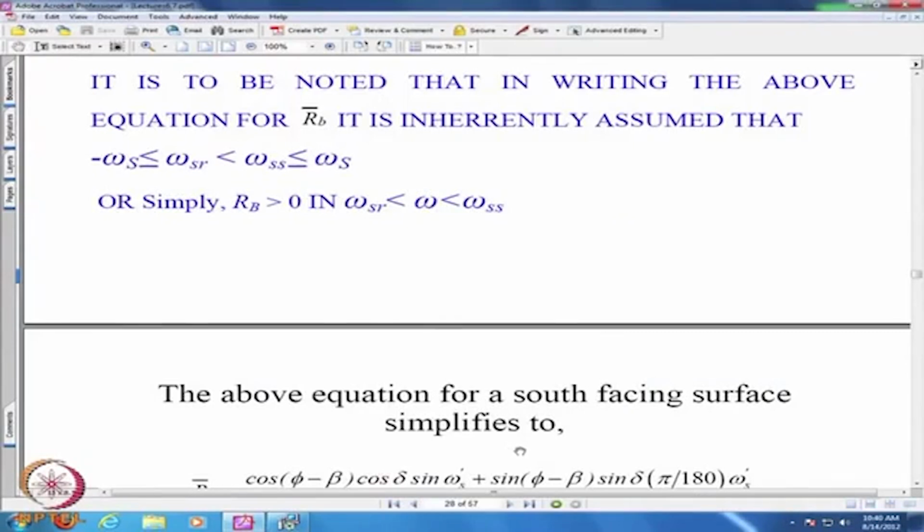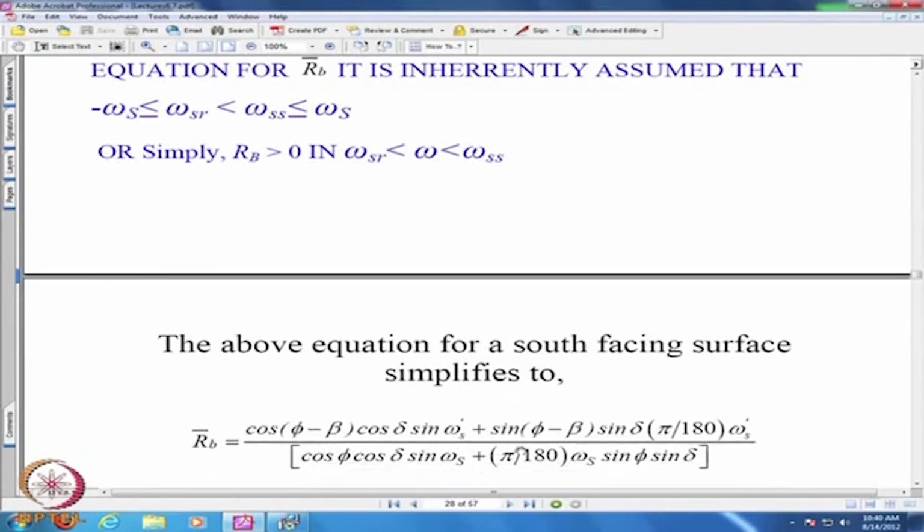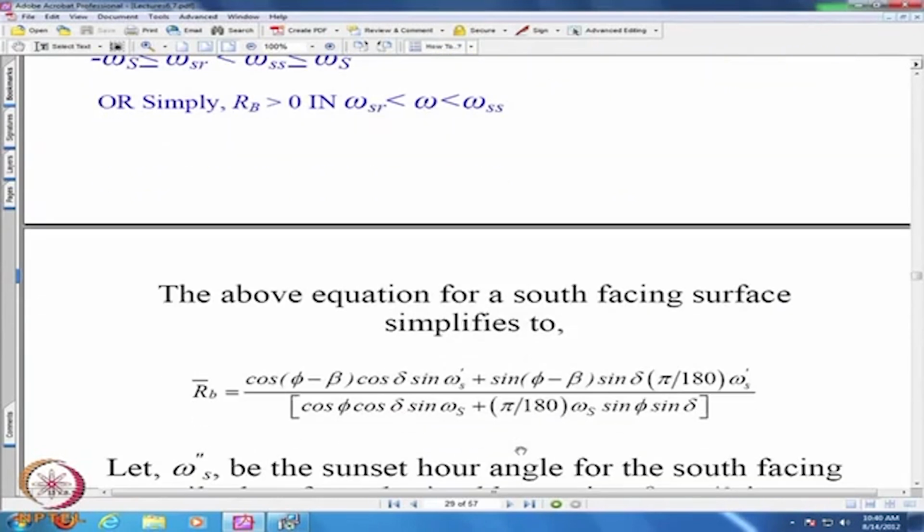Most of the time you may have that assumption not violated, but there will be equally important situations where that assumption may not be valid. So, for a south facing surface this simplifies, and this omega s dashed should now be symmetric. Instead of omega SR and omega SS having unequal values, if gamma equals 0, I will have a minus omega s dashed and a plus omega s dashed, just like minus omega s and plus omega s for